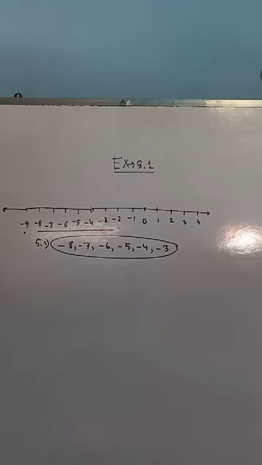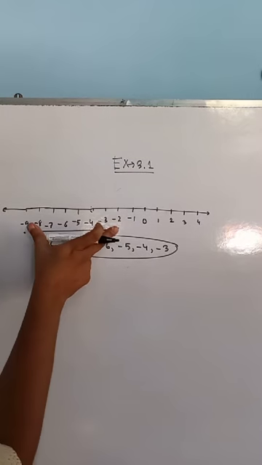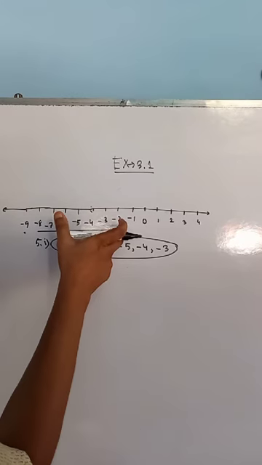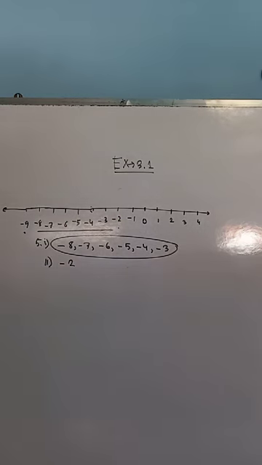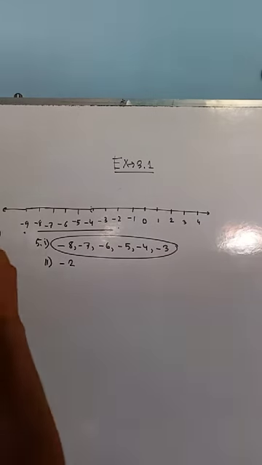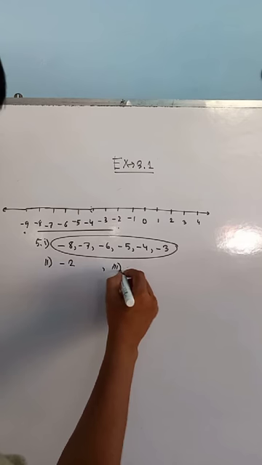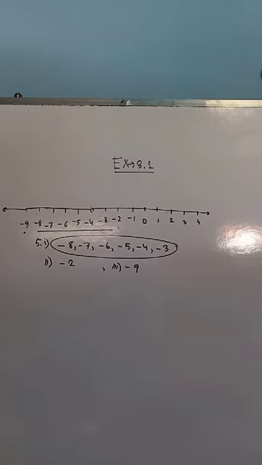Which is the largest among them? Among them means minus 9 and minus 2. The question is minus 9, minus 2. This is the zero, and minus 2 is closer to 0. So minus 2 will be the largest among them. Which is the smallest among them? Which is the extreme left? The answer will be minus 9. Am I clear to you? Which is the extreme left? That will be the smallest. And which is extreme right? This will be the greatest. Next question.